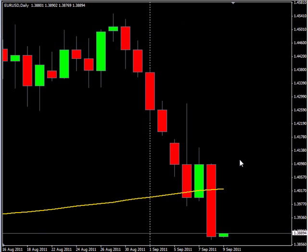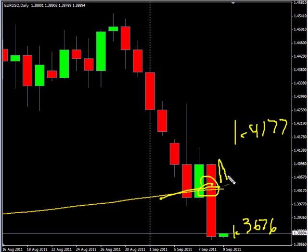Now looking at the Euro-USD pair, this pair closed down. As you can see here, the 200 period moving average did close below it. We are looking for it to potentially go as high as 141.77, possibly as low as 136.76. Look for some resistance around 139.75 and look for some support around